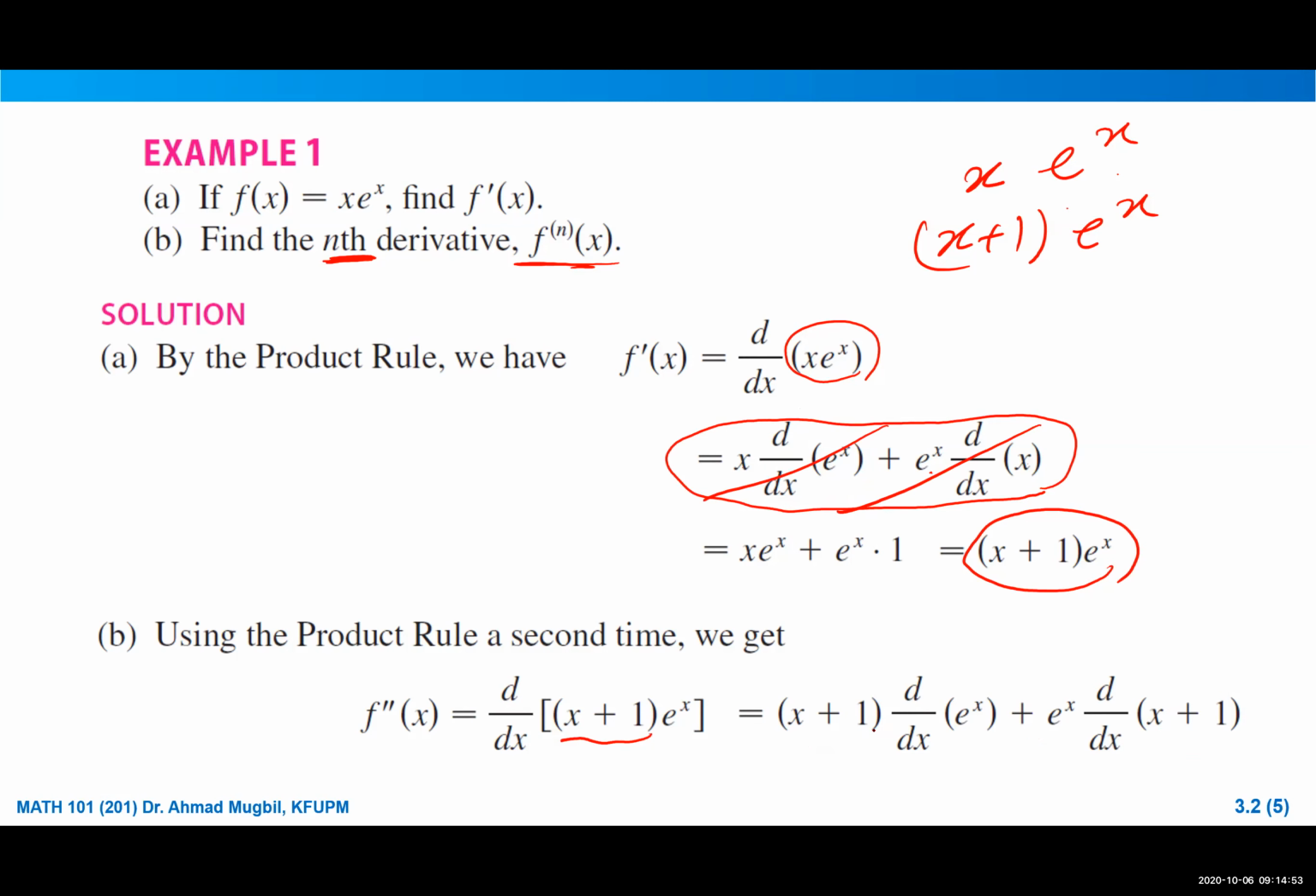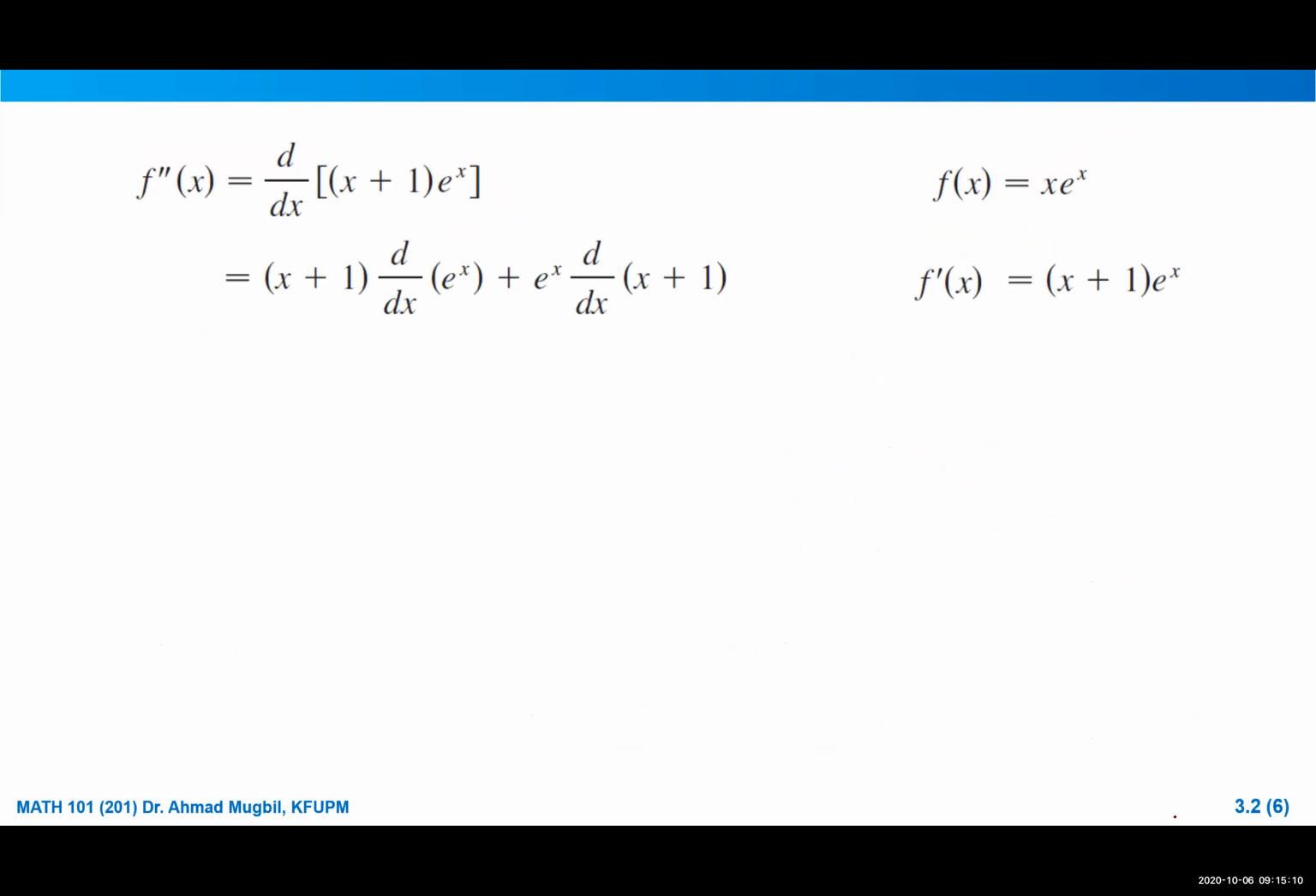Now what it will be, but you have to be sure that you are using it in the right way. So it will be x plus 1 times what? e to the power x plus e to the power x times, what is the derivative of this? It is x. Now simplify. If you simplify this expression, what you will get